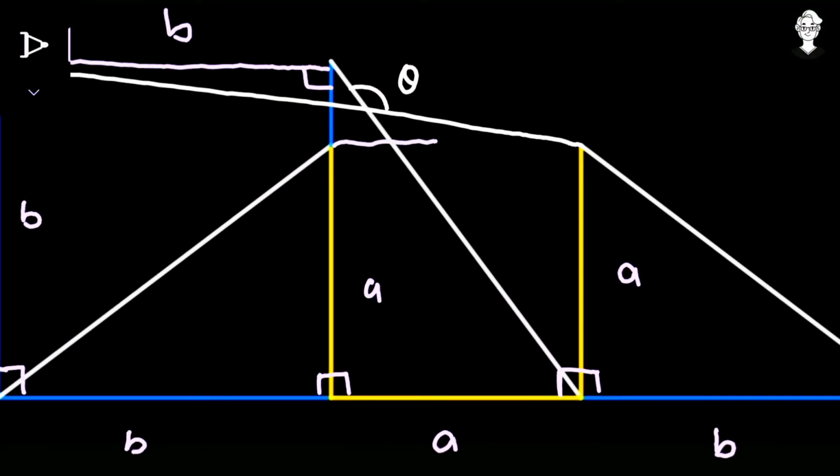Okay, now similarly we will do this for this yellow one. From this to that point, a straight line. So this is 90, that is 90, as it is a straight line. Three of its sides are already equal to A, so this also becomes A. So we have another square, and the side of this square is equal to A.